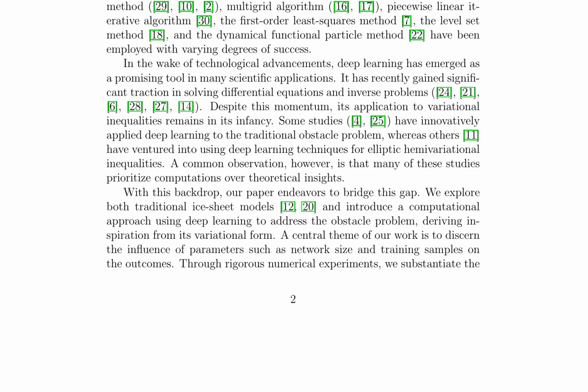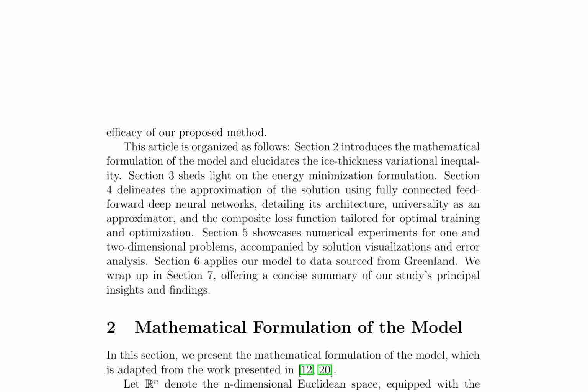This research paper presents a mathematical formulation of an ice sheet model, adapted from previous works, to study the ice thickness variational inequality. The model is defined on a bounded and connected open subset of the two-dimensional Euclidean space, denoted as omega, with a Lipschitz continuous boundary. The bedrock elevation is represented by the function b, while the elevation of the top surface